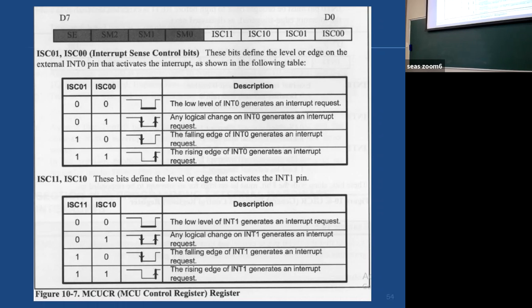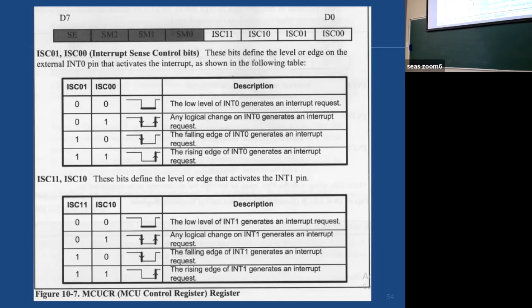What are the possibilities? They are identical for 0 and 1. If you put both the bits 0, 0, it is low level of INT0 generating an interrupt request. Whenever logic low, that is logic 0, comes there, an interrupt request is generated.